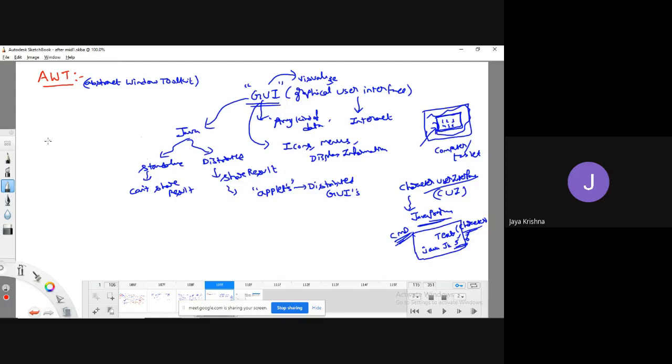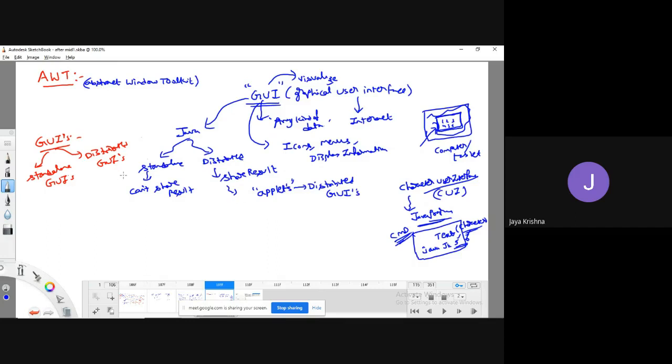Generally GUIs are of two types. One is standalone GUIs, and another one is distributed GUIs.